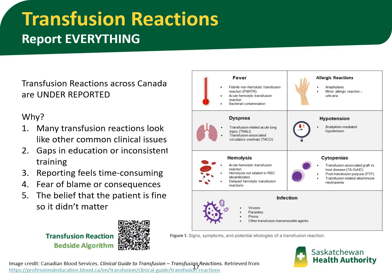Transfusion reactions. Report everything. Transfusion reactions across Canada are severely underreported. Why? Many transfusion reaction symptoms look like other clinical issues. Fever, hypotension, tachycardia, respiratory distress, nausea, rigors, rash can all be attributed to many other disease states. There are often gaps in education or inconsistent training. Staff may be unaware of what qualifies as a reportable reaction, believe that only severe or obvious reactions need to be reported, underestimate mild or delayed reactions,